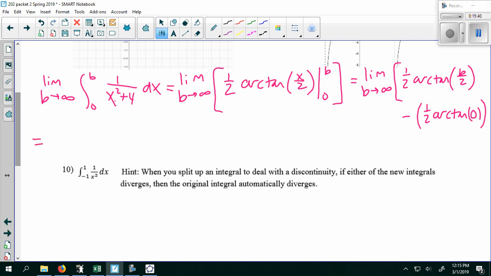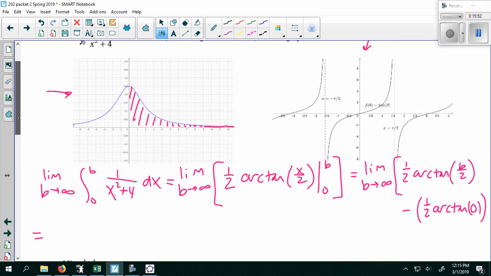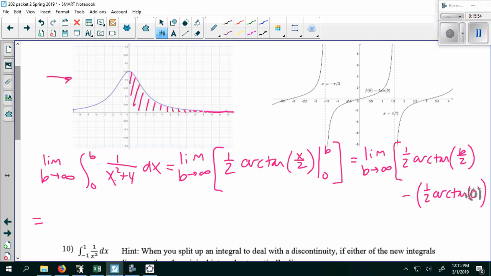So now I'm going to take the limit as b goes to infinity. So the arctan of b over 2, the arctan of infinity over 2, or the arctan of infinity, that is weird, but that's why I gave you this graph. So where does the tangent approach infinity? Right? Here at pi over 2. So that's going to be 1/2 pi over 2